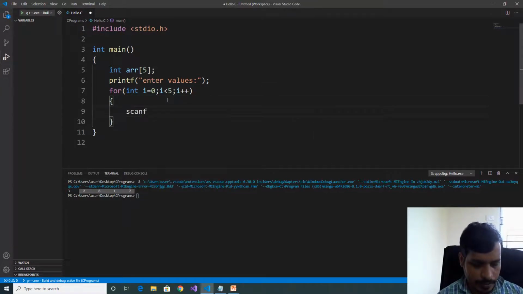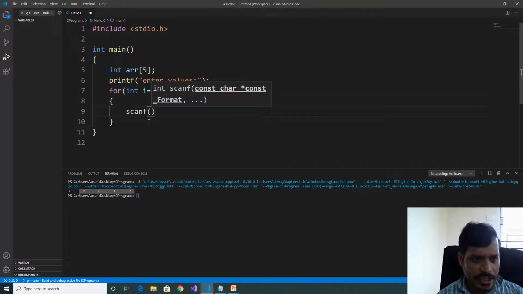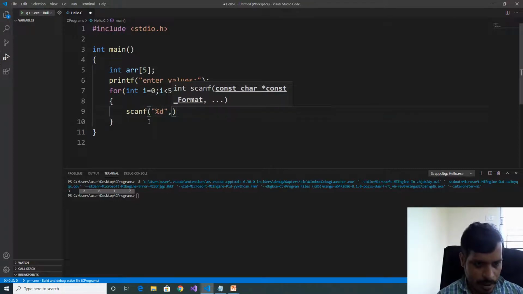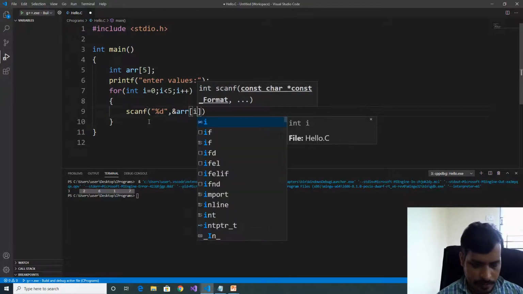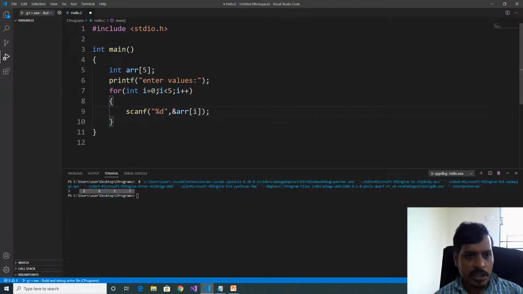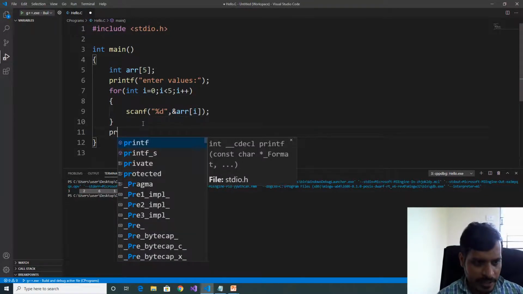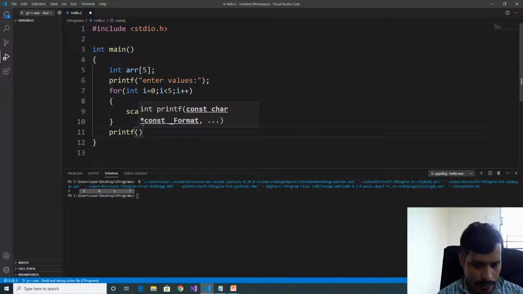scanf. Here we need to store integer values. Mention %d, comma, address of arr[i]. If you enter a value, that value we need to store into address of arr[0], address of arr[1], like that. Later we need to print the output. printf "array values".